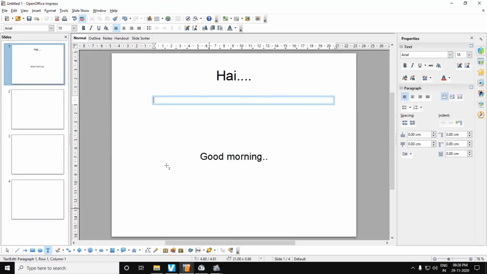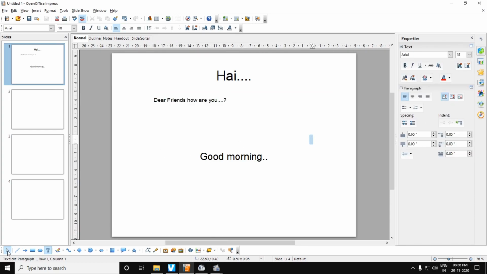Then the cursor will change. Drag to draw a text box where you want to add text. Then type the text you want using the keyboard and click anywhere outside the text box after typing.